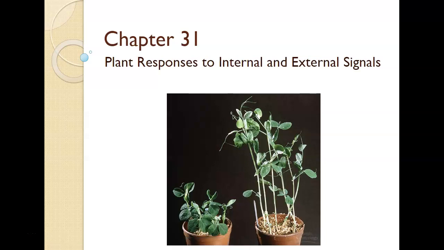All right, everyone, now we're going to take a look at chapter 31. In this case, we're going to look at plant responses to signaling. So there are certain stimuli that a plant receives and how it responds. It's not like our animal hormones, but they do have their own signaling molecules, and it's important to understand how